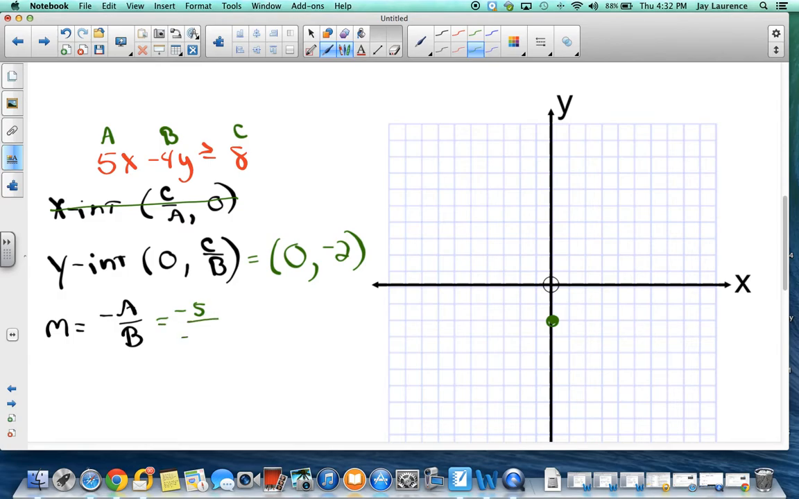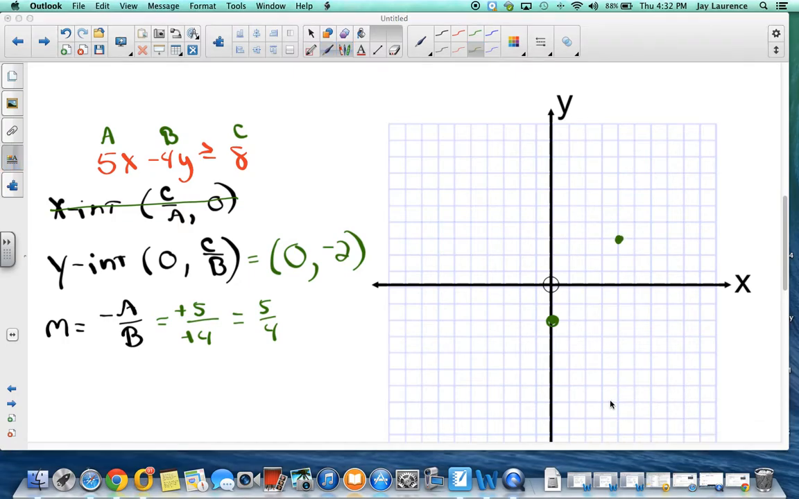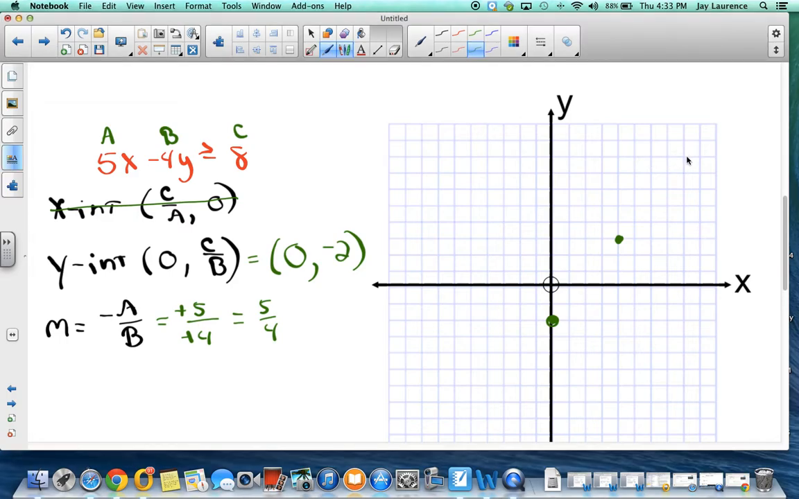B is -4, and those cancel to get 5/4. And now I can rise 1, 2, 3, 4, 5, run 1, 2, 3, 4. There we go. All right. Can get another point. 1, 2, 3, 4, 5. 1, 2, 3, 4. Oh, I'm in. Oh, there we go. 1, 2, 3, 4, 5. 1, 2, 3, 4. Okay, of course I could have gone down 1, 2, 3, 4, 5 and back 1,